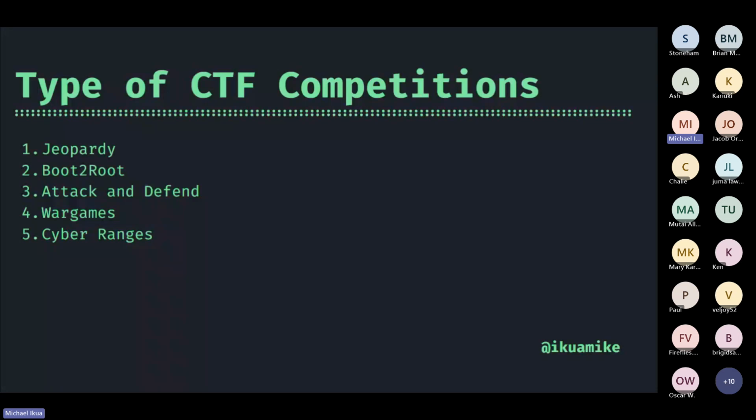Okay, attack and defend. So this is whereby you now have to actively compete with an opponent team. So here you're attacking a rival's infrastructure, and at the same time you're defending your own. So this means that you have to work as a team, where you have a team of defenders and attackers, and you're targeting the rival's system, and then you're supposed to now compete for points.